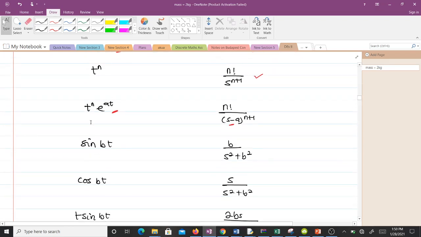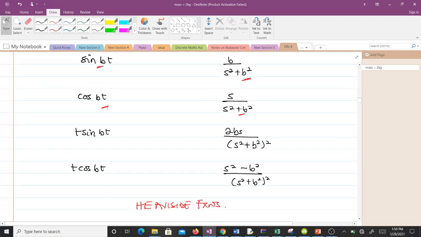Then when you have sine bt, this is the Laplace for it, and cos bt, this is the Laplace for it. When you multiply by t, this is the Laplace for it, and this is the Laplace for it. Okay, so as the course progresses, you're going to learn of something called a Heaviside function and a Dirac delta